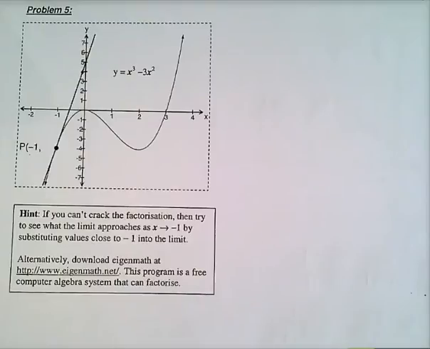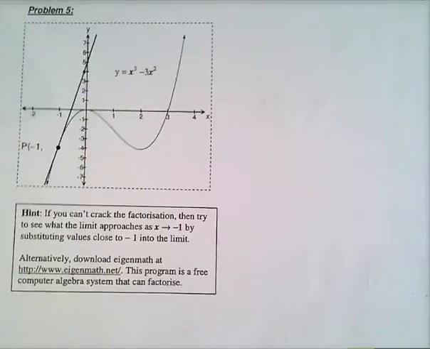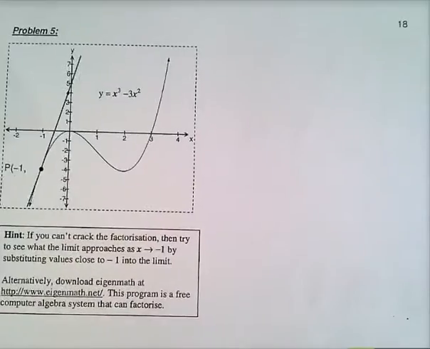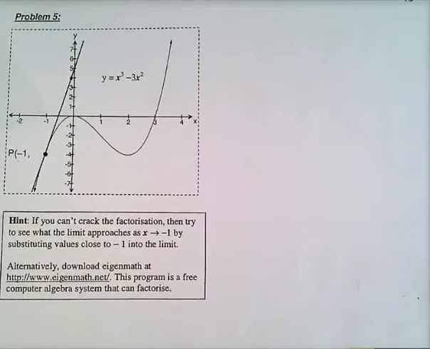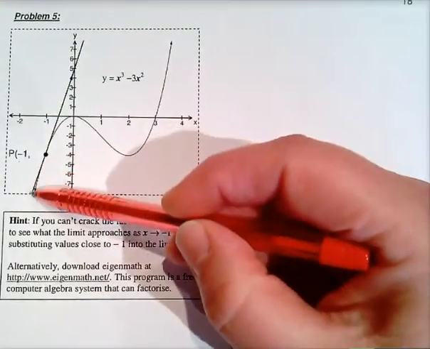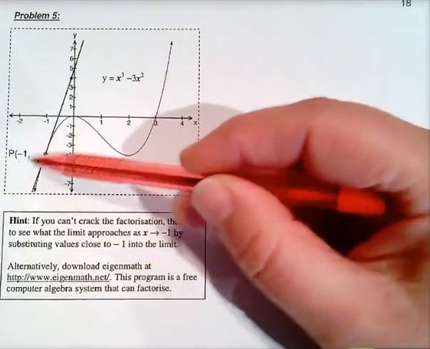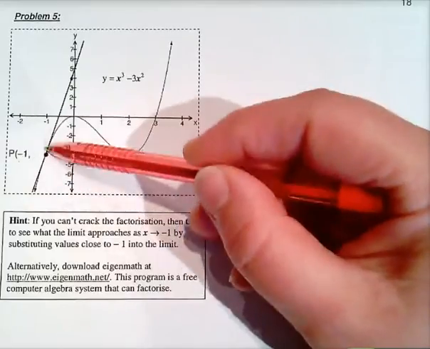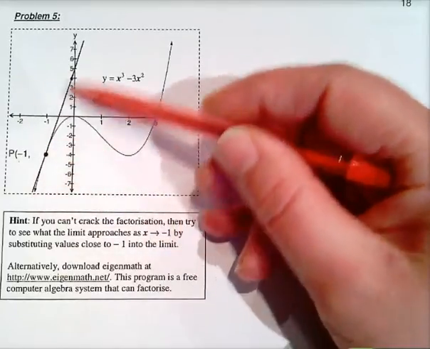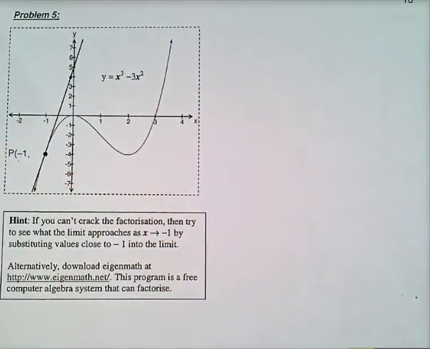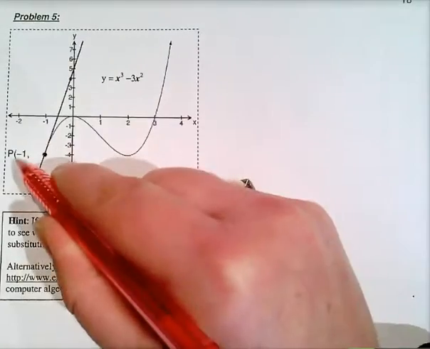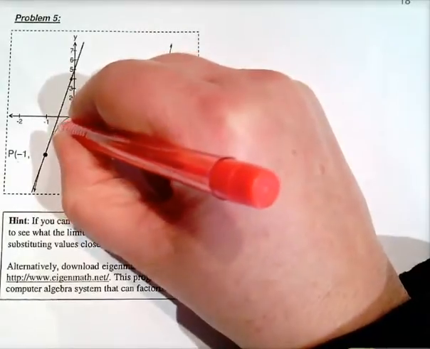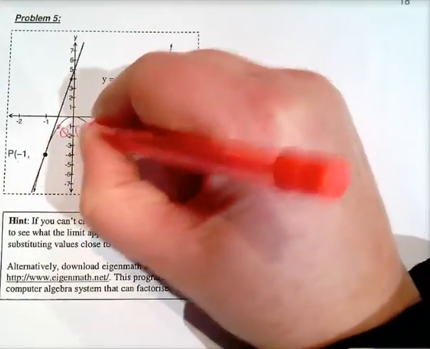Okay, just continuing from Friday's lesson on page 18 of the booklet, problem 5. We had to work out the gradient of the curve at this point when x is -1. So the gradient of the curve will be the same as the gradient of the tangent at that point where x is -1. So here, remember, we've got to find another point Q on the curve that's quite close to